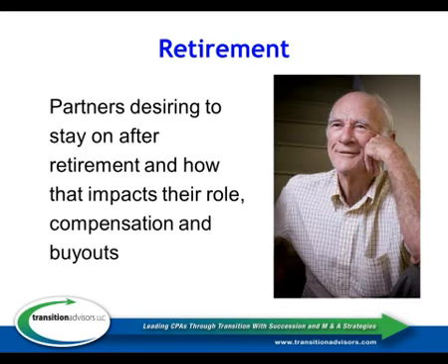Dealing with partners that want to stay on after retirement, and how should that impact their compensation? Well, one of the things we're trying to avoid here, of course, is partners retiring in place, which means basically staying on forever, and that's where mandatory retirement ages help, as well as keeping somebody from just hanging on and continuing to milk the firm for as much as they can while they're really not contributing like they used to. But it's helpful in dealing with the transition, because we're finding that people more and more are not wanting to quit working altogether at age 65 like they used to. Age 65 isn't what it used to be.